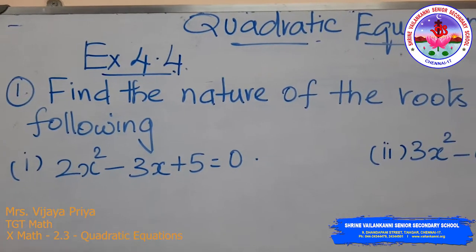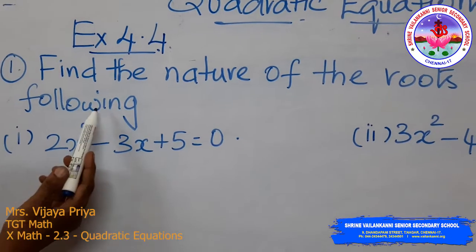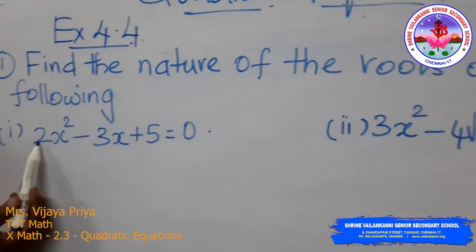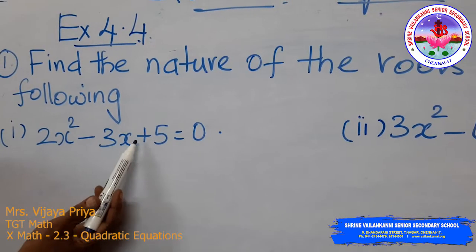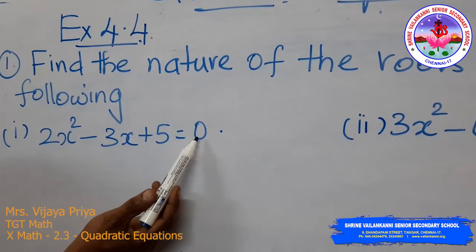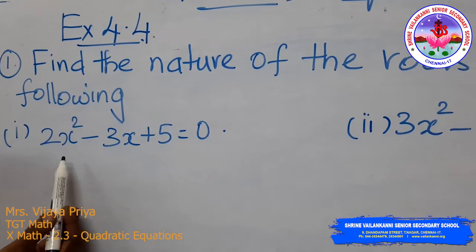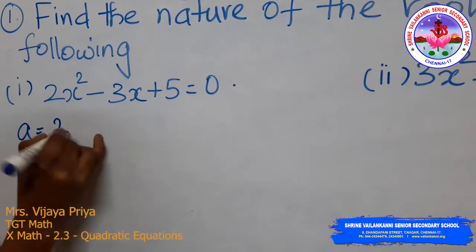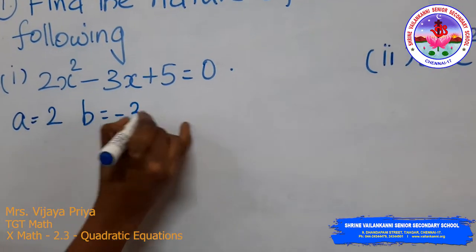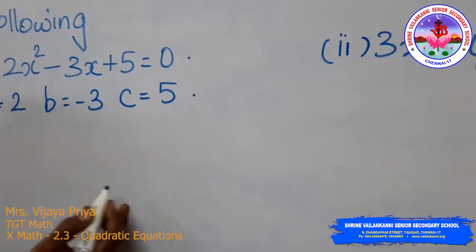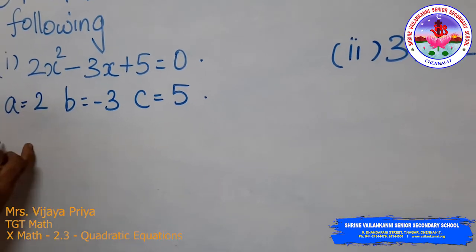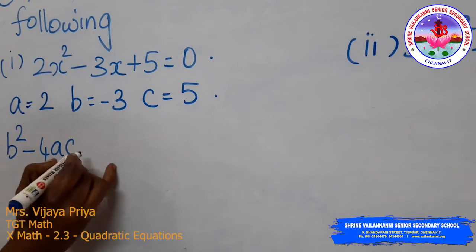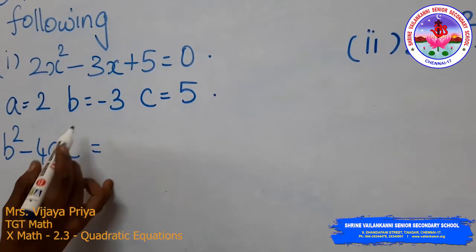First problem: find the nature of the roots of the following quadratic equations. You have the first equation 2x squared minus 3x plus 5 is equal to 0. We are going to find the nature of the roots for this equation. You take a is equal to 2, b is equal to minus 3, c is equal to 5. Now to determine its nature, we are going to find the value of b squared minus 4ac, which is equal to b squared,